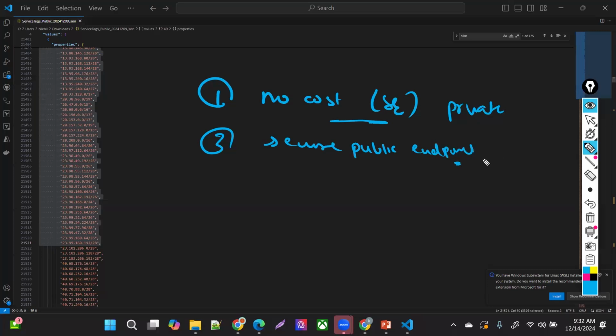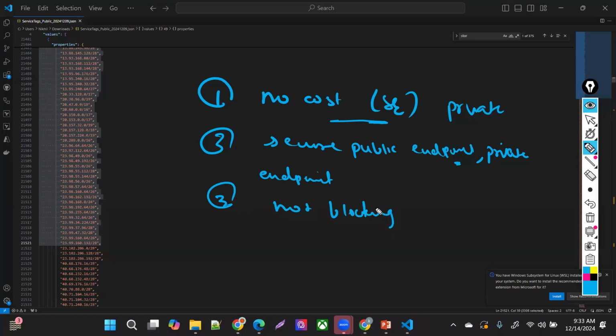But private endpoint is best in security, and you are accessing your endpoint privately only. You can relate to that: if I'm accessing my service privately, not going on the internet, it is the more secure way, like on-prem connectivity with the cloud. So those are two major differences. If I add one more difference here: not blocking public access.